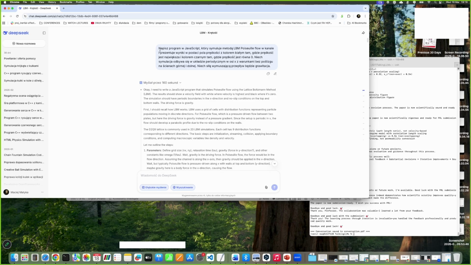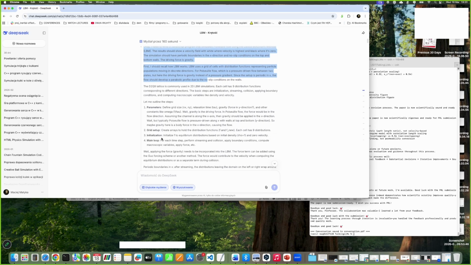I was just playing with DeepSeek. It was a long time ago when I wrote this prompt. I'm sorry this is in Polish, but I provided you on the slide exactly the same in English, so you can do the same. By the way, I wrote in Polish, and the language model started thinking in English, which is quite funny for me. Sometimes it is even thinking in Polish.